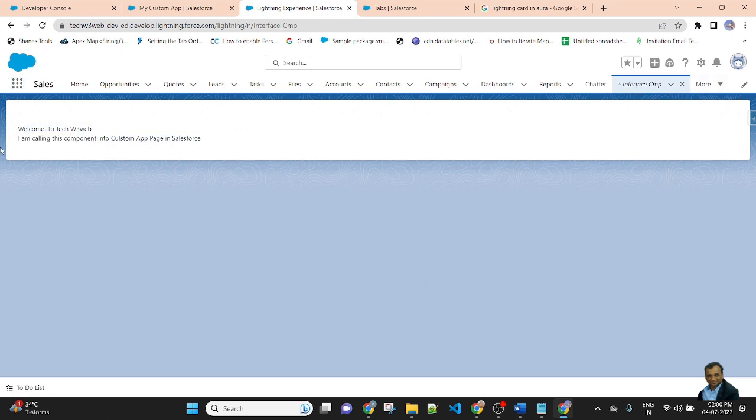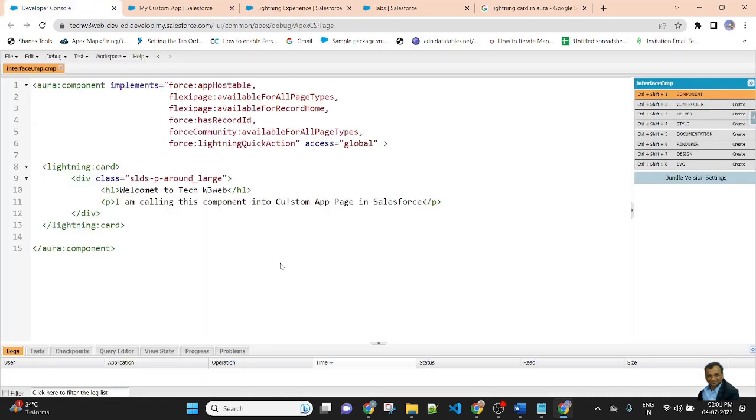So we can display the Lightning component on different pages. Before using a different interface, first we need to add a different type of interface in the component. Then this component has access to be called on different pages.